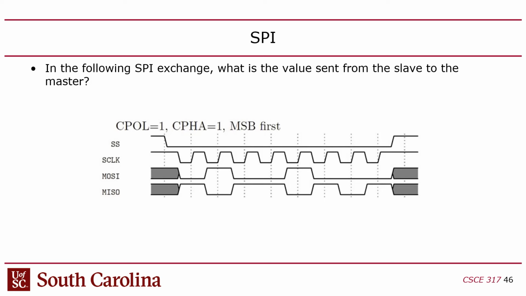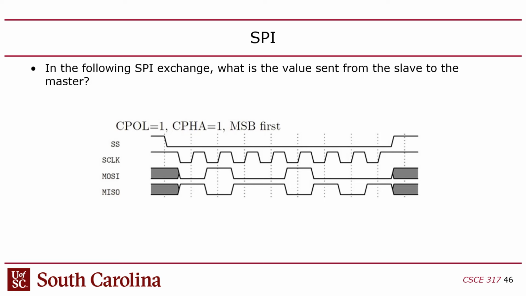So if I hadn't labeled this, I didn't even have to label CPOL equals 1 and CPHA equals 1, because you can figure it out from the timing diagram. You first of all know that CPOL is 1. You just look at whatever the clock starts out as. That answers that question. And for CPHA, you can figure that out by looking at when the data is changing